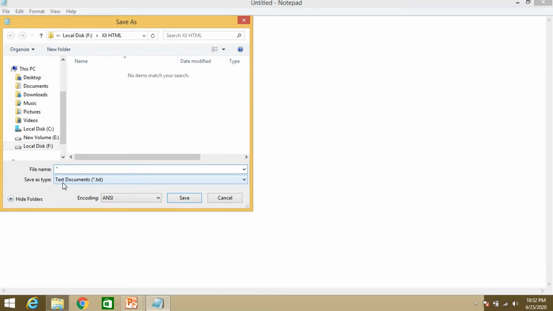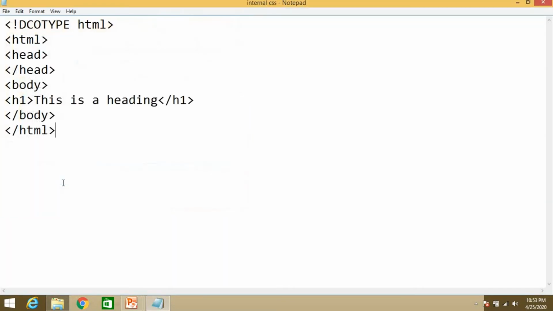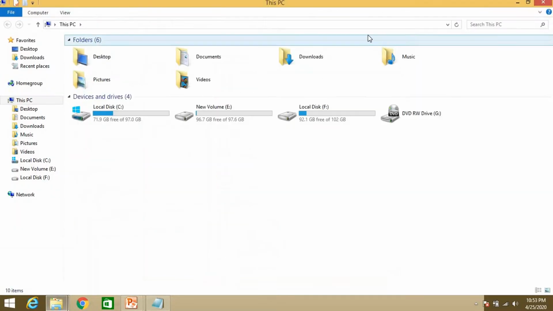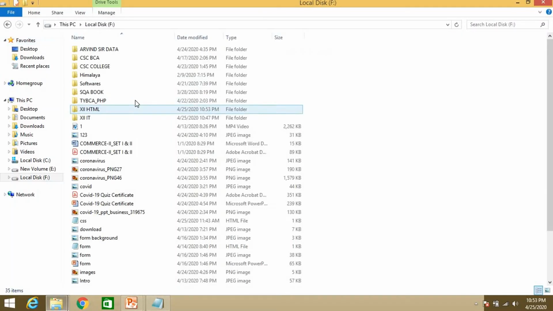Give the name as internal CSS, but this is an HTML file, so give it .html. If you want to see the output, you will have only the h1 in that.